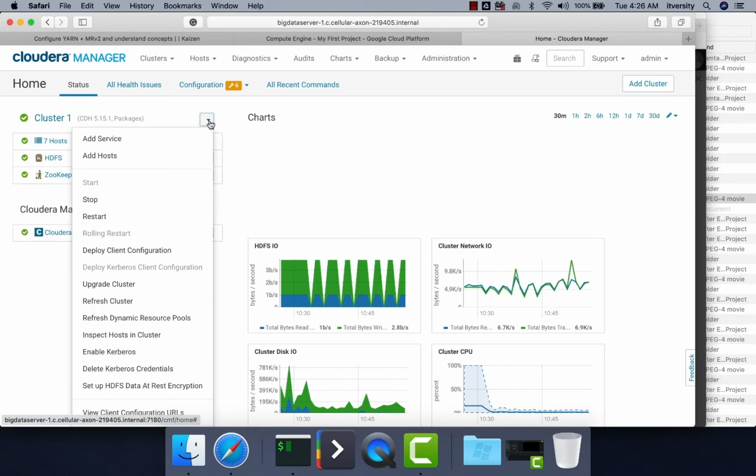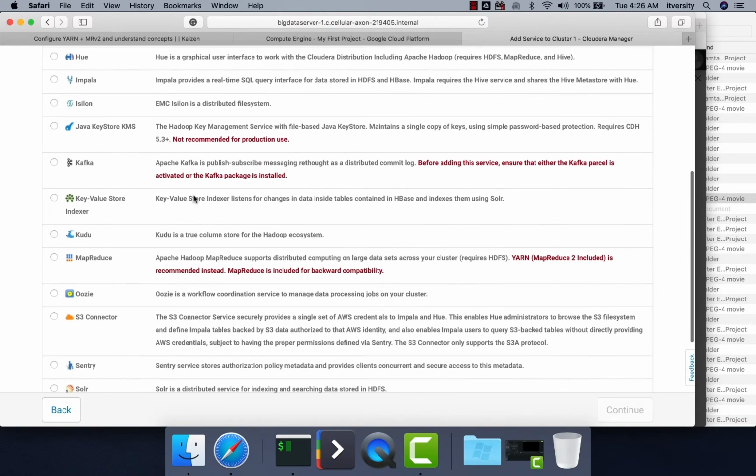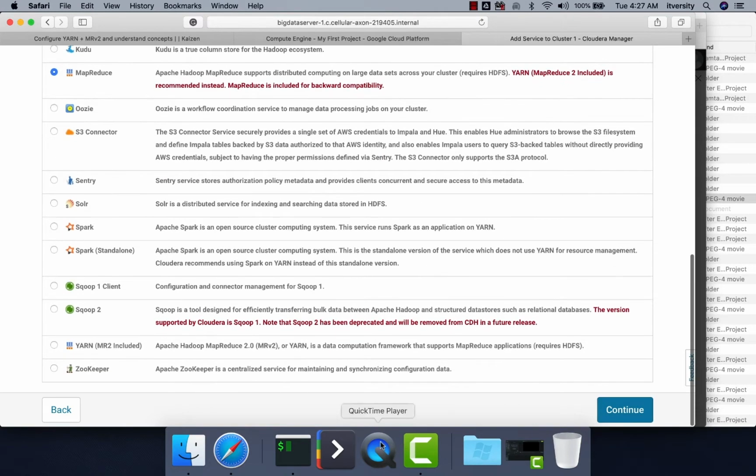You just have to expand this and click on Add Service. You can see the options related to MapReduce as well as YARN. So if you want to use the legacy framework for whatever reason, you just have to choose this and click on continue, and you can take care of setting up MapReduce. In our case, we are interested only in YARN along with MapReduce2, and hence I am choosing this,